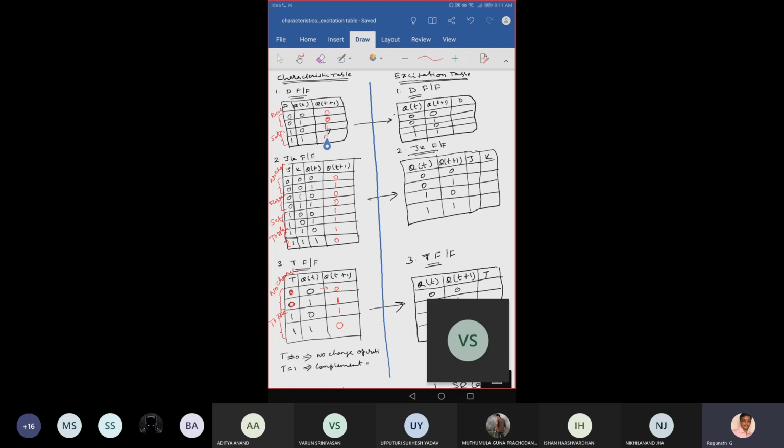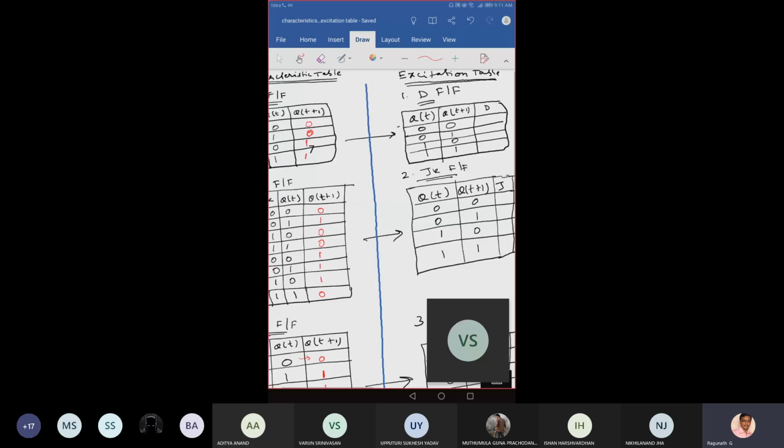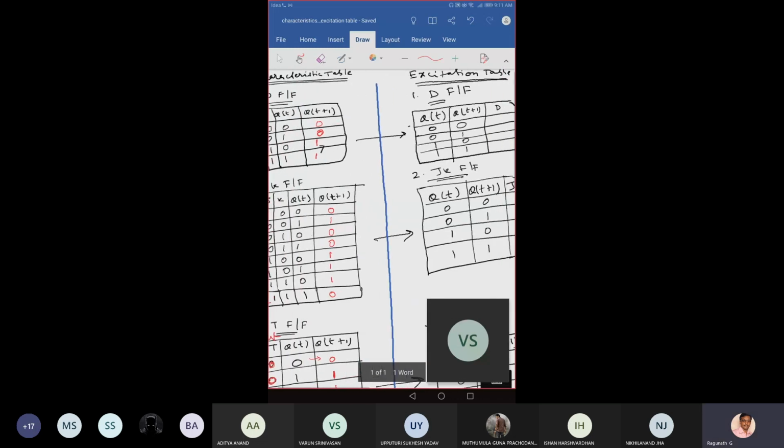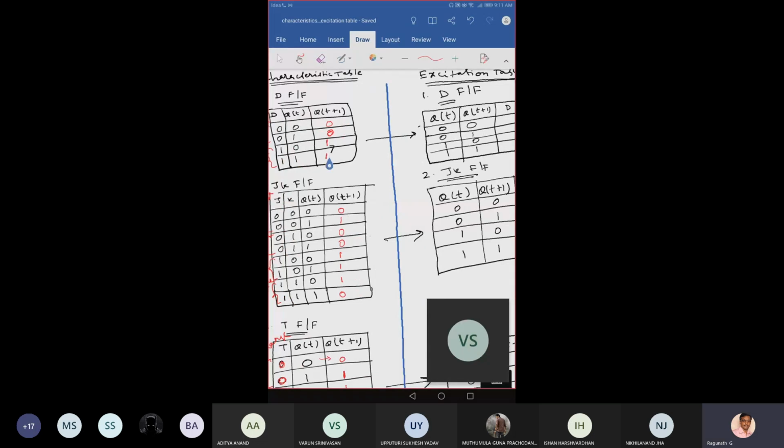Here you look at the table. On the right side, I have written the excitation table, no? Excitation table of D flip-flop. What are the cells I filled here in the excitation table of T flip-flop? Q of T, feedback and input, Q and output. Here Q of T we should not consider as a feedback. We just understand it's a present state output, and Q of T plus 1 is a next state output. So my present state output and the next state output are known. Then what should be the input for that?